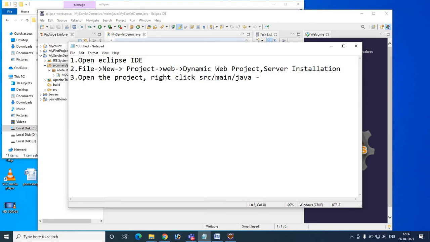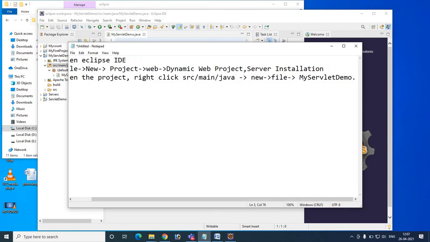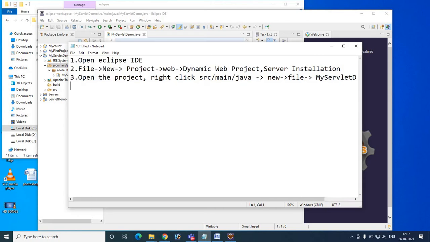After right click, we have to get into New File. We have to give our new file name. Let us give it as my servlet demo dot java.